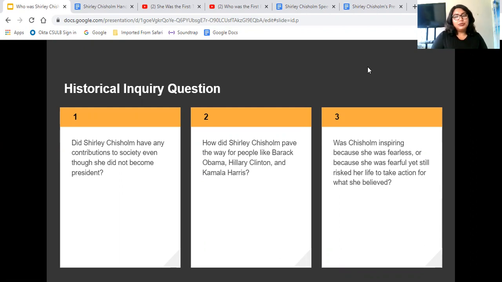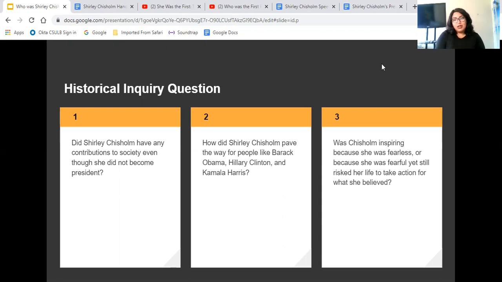And number two, how did Chisholm pave the way for people like Barack Obama, Hillary Clinton, and Kamala Harris? So it's kind of piggybacking off of question one, but I want students to keep thinking about that question and come up with some answers and perhaps use some literary evidence to support